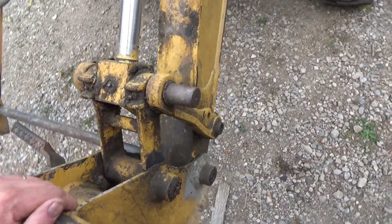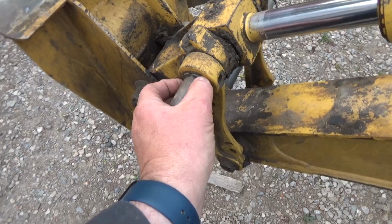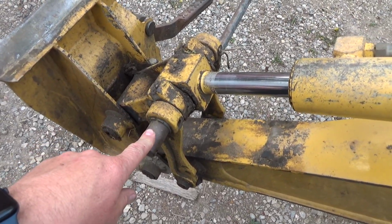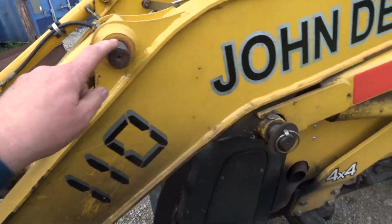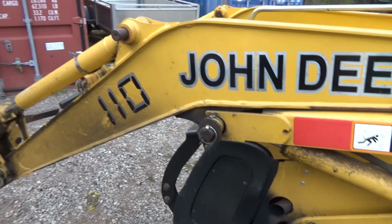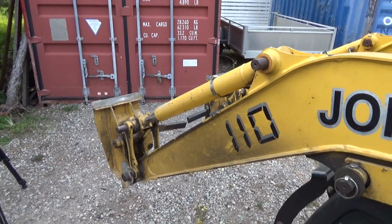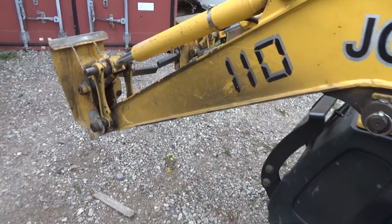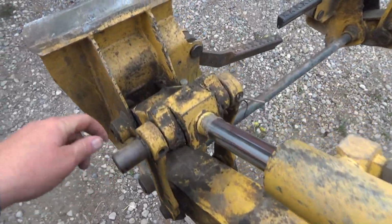Start taking her apart, and there's some snap rings on here too we got to get off. Now these are different pins than what I'm going to put back in. See, this is a wider one here, this one's a wider one, this one's a wider one. Now when we had the snowblower made for this back, I want to say 2010-ish, somewhere around there, they changed the pins, and that's maybe why all this is wore out, although this is wore out down here,